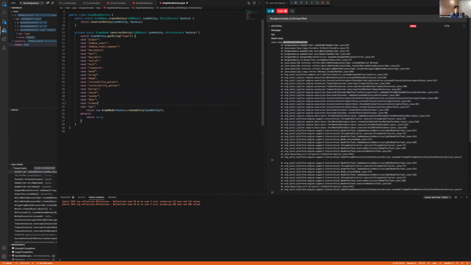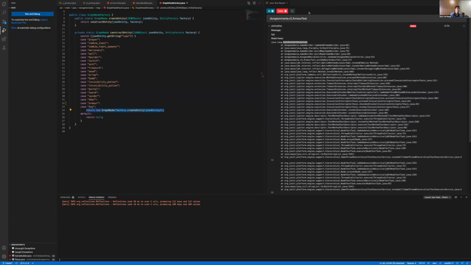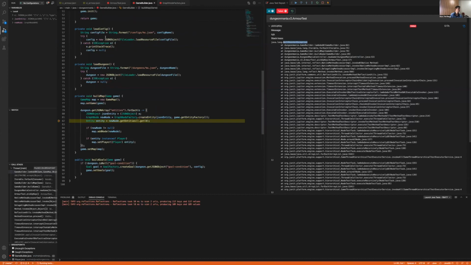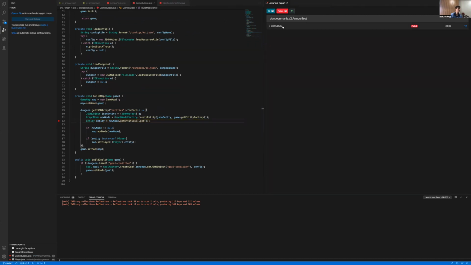Case armor, a little colon. There we go. Okay, so now that's supported, and it'll return this graph node like it does for every other entity. That's good. Let's stop it and rerun. So that'll be processing the player. Now it's processing the armor, and you can see that